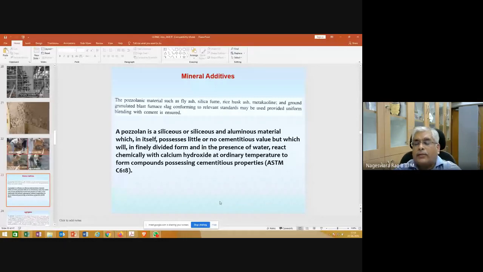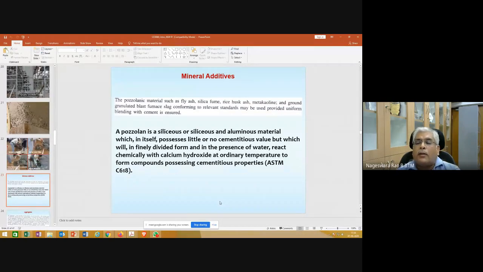And mineral additives, you can also add some additives if you want to replace cement with some, because nowadays all this green certification and other things requires you to use some of the industrial waste products, and we can replace cement with some of these materials.